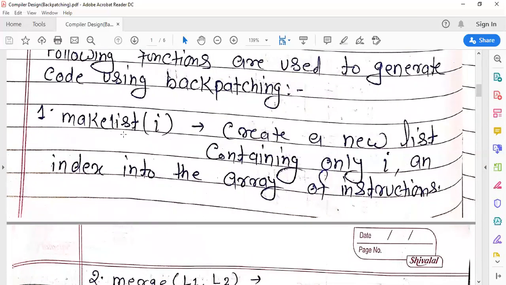The first function is makelist. Makelist(i), with i inside the parentheses, creates a new list containing only i. Here i represents the index of the list, an index into the array of instructions. So the makelist function is used for creating a new list containing only i.